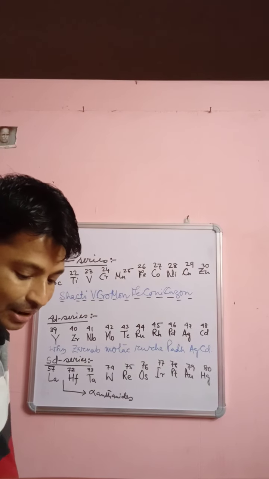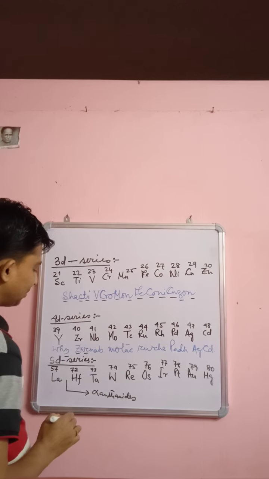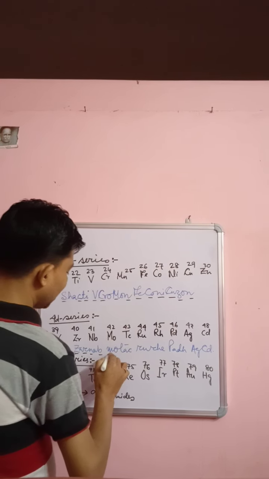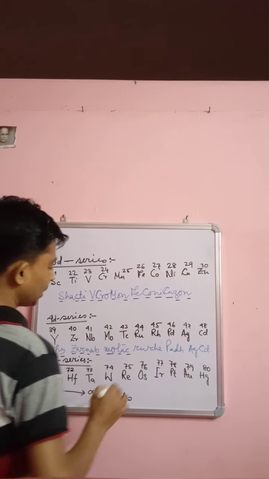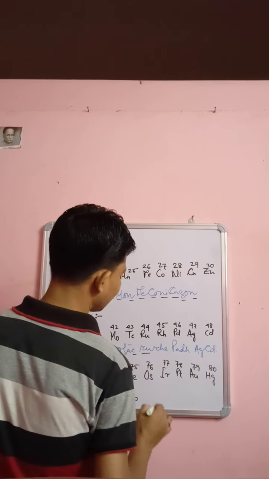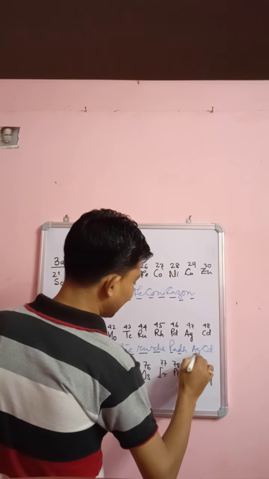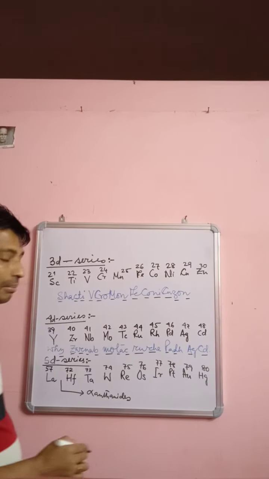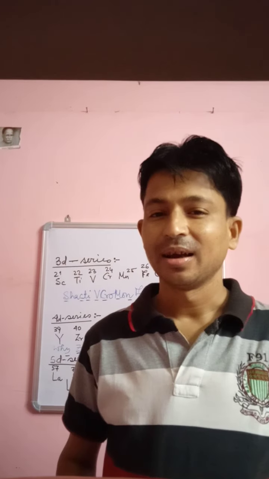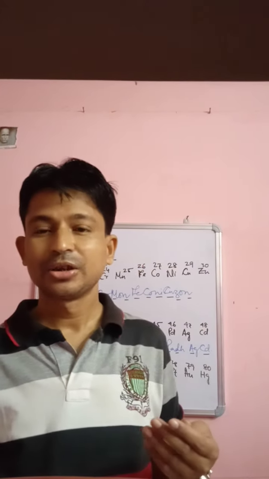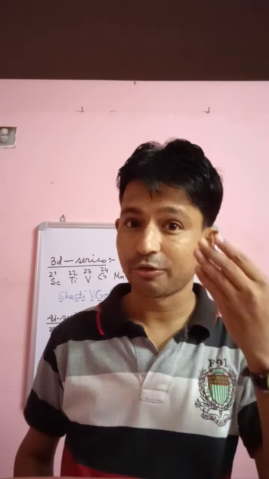From this you will get: Y for yttrium, Zr from Zarnab for zirconium, Nb for niobium, from mu you get Mo for molybdenum, from tak you get Tc for technetium, from ru you get ruthenium, from re you get rhodium, from per you get Pd for palladium, and Ag means silver and Cd means cadmium. So if you can remember this very line, Why Zarnab mu tak ru re per AgCd, I think you will not be able to forget 4D series, the 10 elements of 4D series.